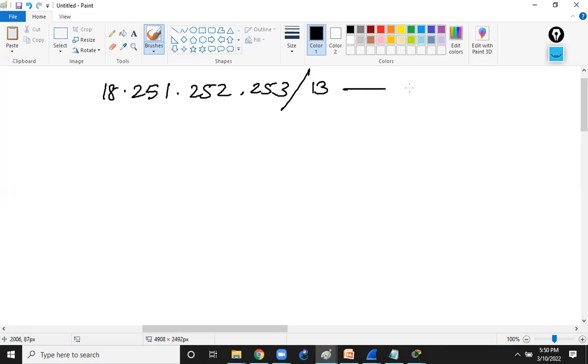18.251.252.253/13. It needs to be converted to /20. Can you try to do it in two methods or two steps? If you feel confused, do it like this: